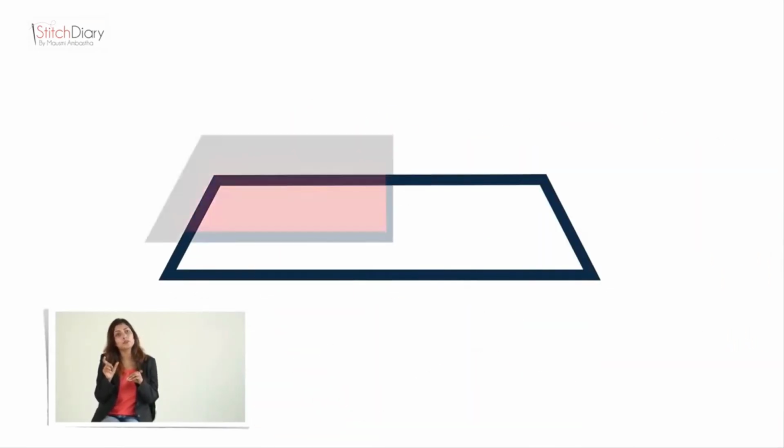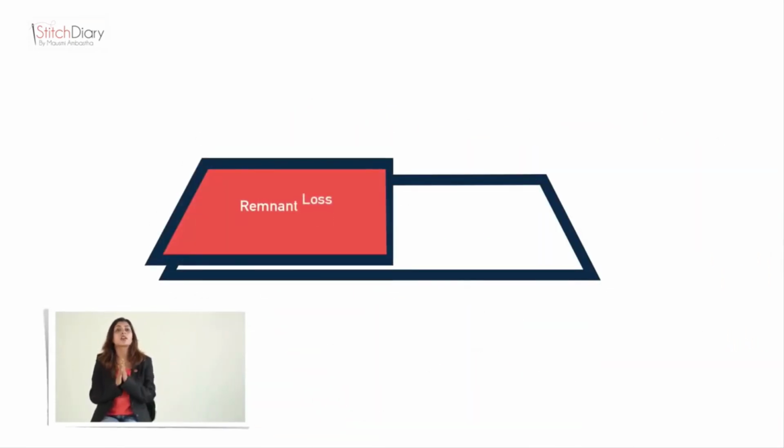The next loss we are going to talk about is end bit loss or remnant loss. After laying, every fabric roll leaves small bits of pieces of fabric. These pieces are called remnants or end bits, and factories do try to use them as best possible. The best way is to have a roll allocation system which will minimize creation of these end bits. We should number and label these end bits so that they can be used in a remnant plan at the end of the order. This is the major contributor to the wastages on the cutting room floor.